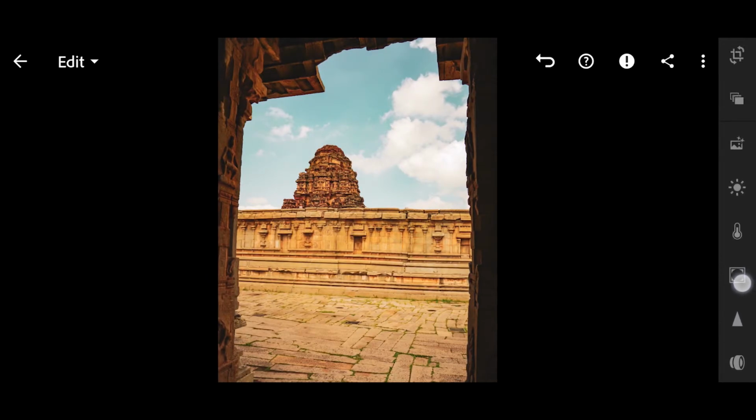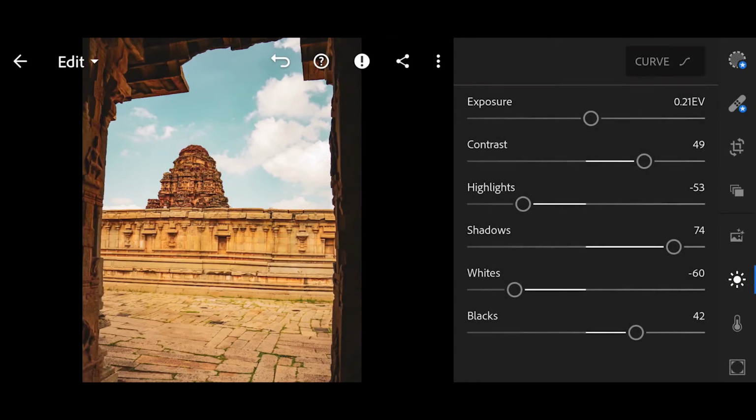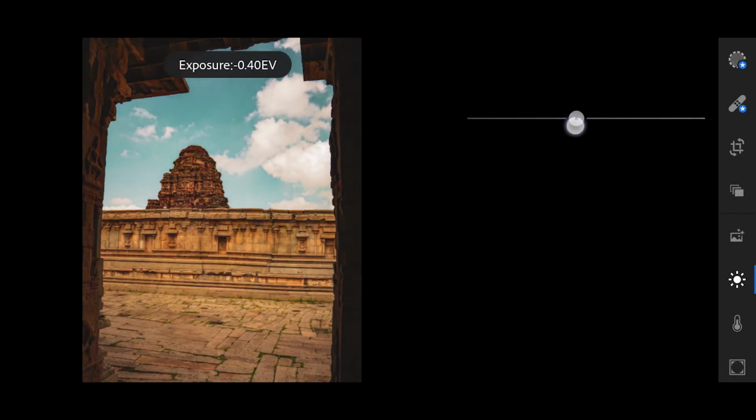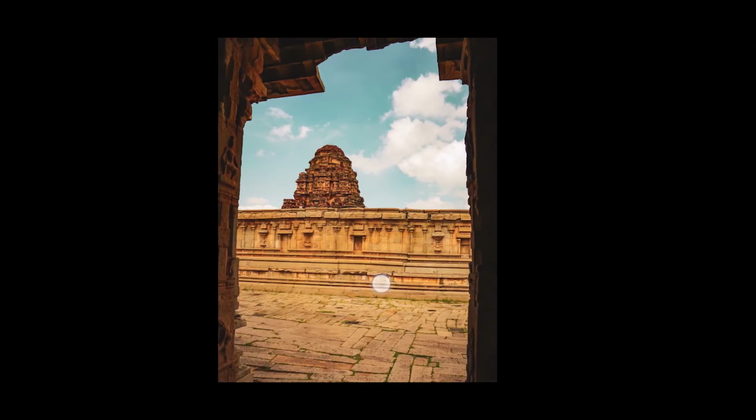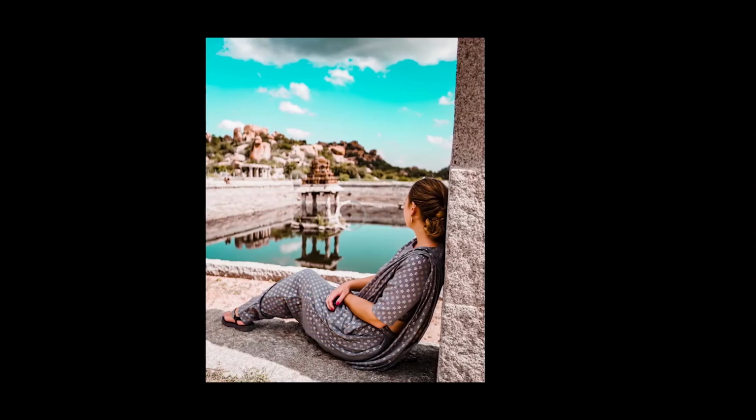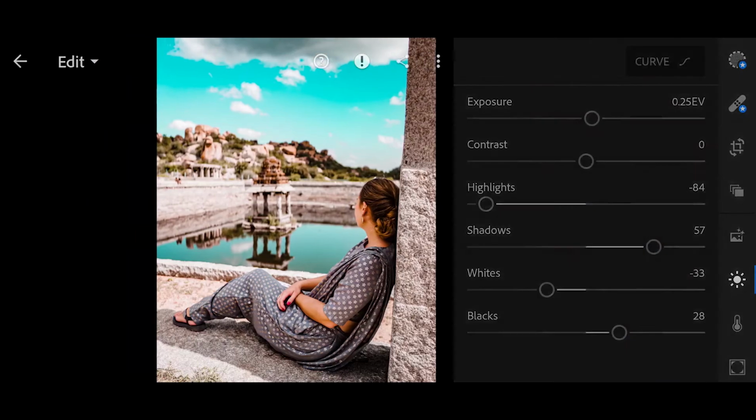So once the preset is applied, the image might look different based on the lighting conditions of the original image. You can just adjust the exposure by going to this option here and then increasing or decreasing the exposure. So in this case the exposure is little more, so I'm just going to decrease the exposure a little bit. So now it's perfect. So the image looks perfect now, before and after. So similarly, you can apply any preset on any of the image, and then your images are just as professional as you see on Instagram.